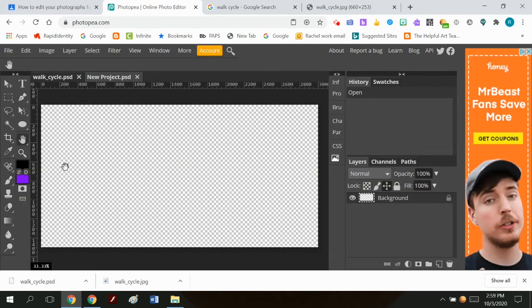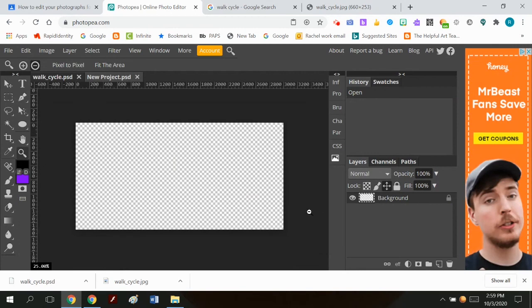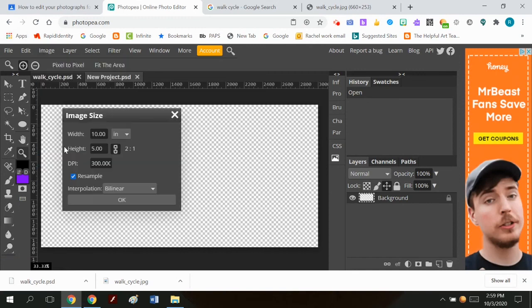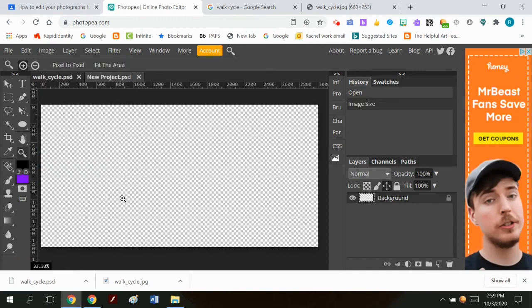So now I have this document. Let me just show you how big it is. There you go. That's the document. Okay. And I can always resize it later, but it's only about 5 inches high, but it has a very high DPI. Now, I'm going to make a face, but I'm going to just make it out of using shapes and